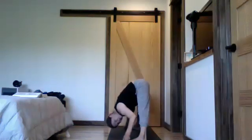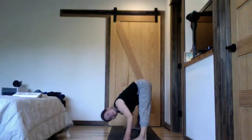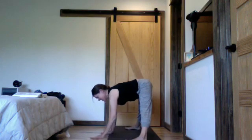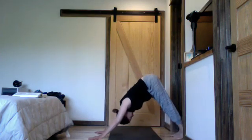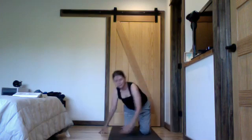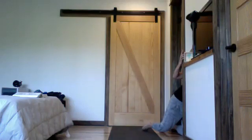So if you're catching your big toes, draw your elbows towards your knees. Nice uplift in low belly, working against gravity. And exhale. And bring down your hands and make your way back to downward facing dog. Just walk your legs back until you're in downward dog. And then come down to your knees. Have your blanket, if you would like cushioning,